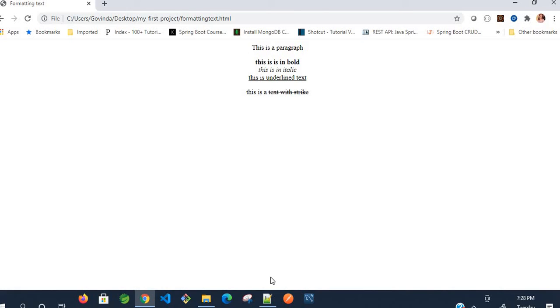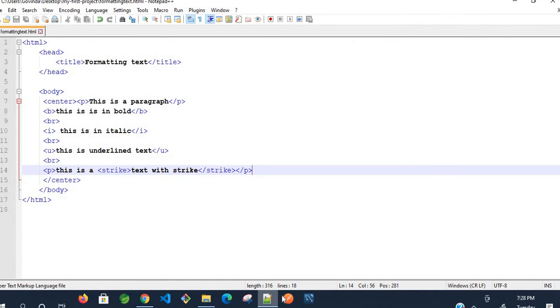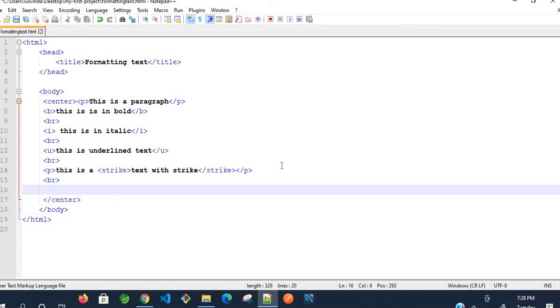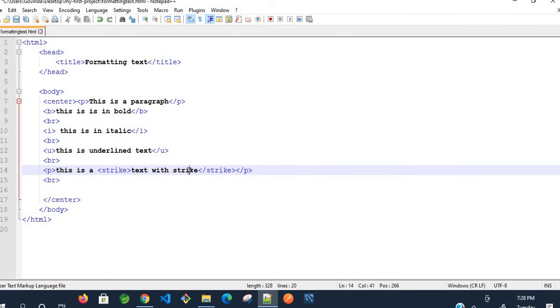Okay, then next tag is, then go to your file, then give one more break line so that it will display in the next line. Okay, next one is monospace tag. Okay, we use monospace. For example, see here, you can see these letters here, S, T, R, I, K. Here, if you compare I and K, these are having different widths here. Okay, I is going to take less width when compared to K. Okay, K will have the more width, but